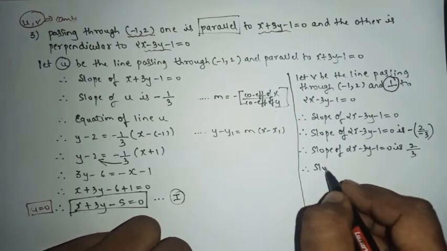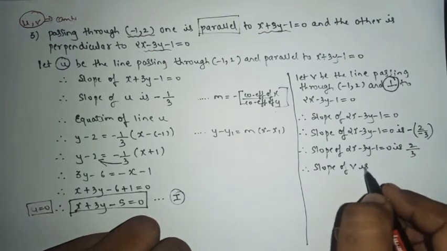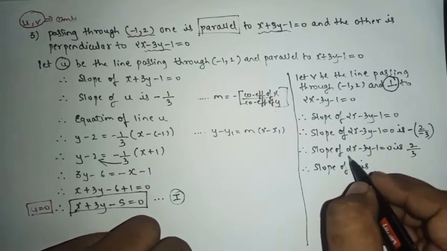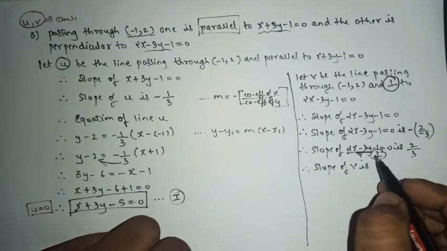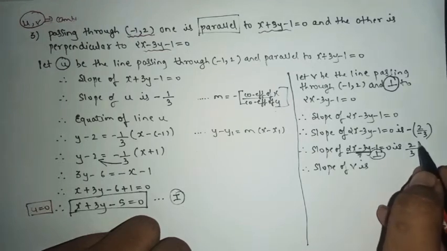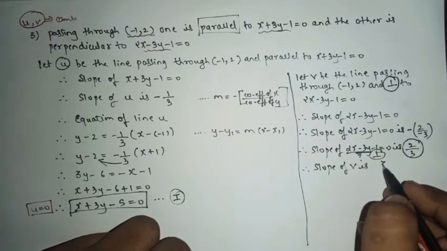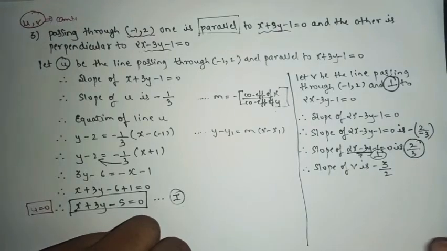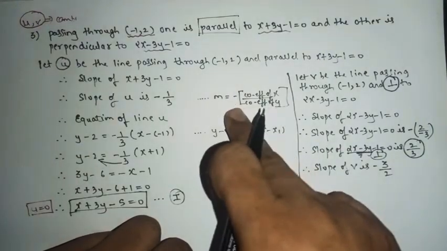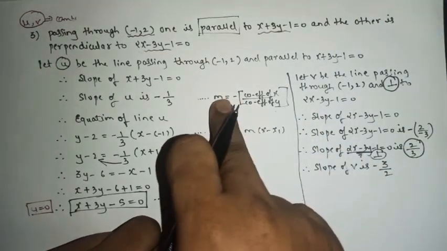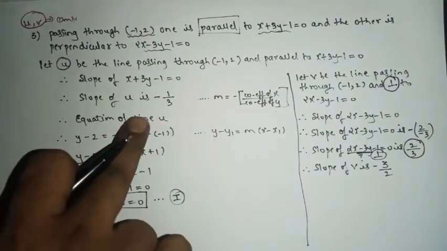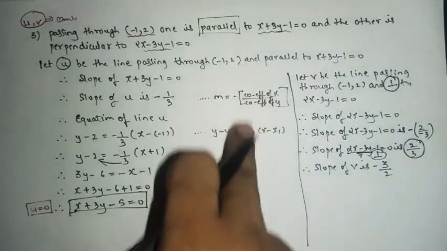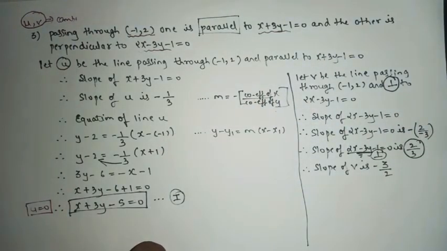So now we'll see the slope of v is what, but we know that this v is perpendicular to this equation. So whenever the word comes perpendicular, what you have to do is take the reciprocal of the slope with opposite symbol. So in this way you have to present the sum. Okay, so you have no need of writing the reason. If you want to write the reason for the slope, which formula you are applying, and for equation of line, which formula you are using, you can write here. Yes or no?